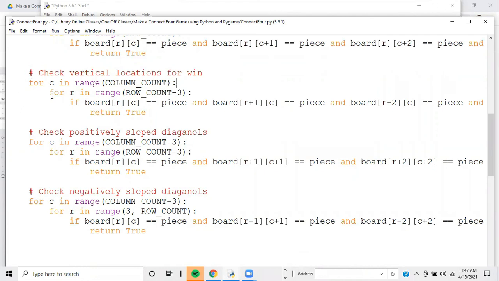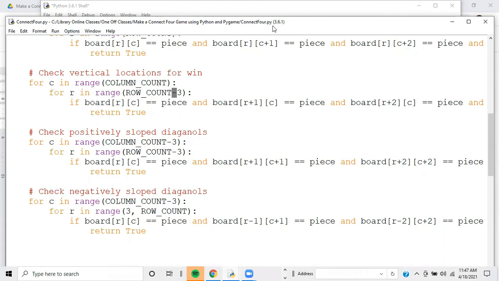Because we're going vertically, now we're dealing with the rows instead of the columns. When we're doing horizontal, we're dealing with 4 columns being selected sequentially, and with the vertical location we're dealing with the rows. So for R in range row count minus 3, right? Because you can only have